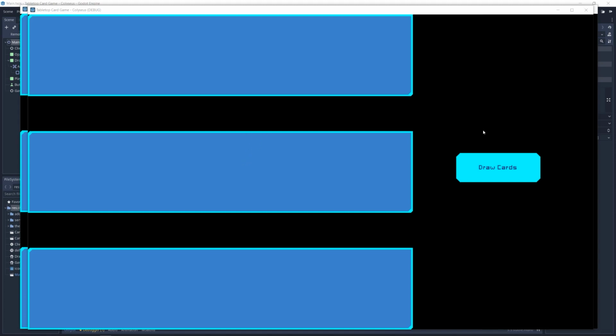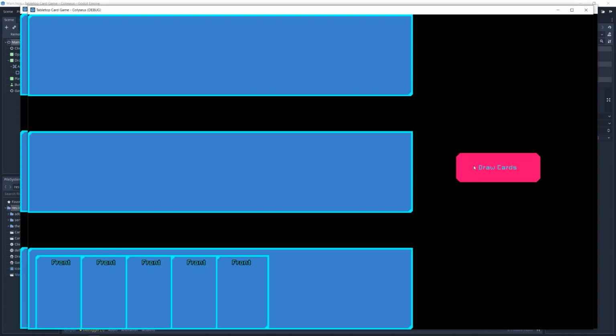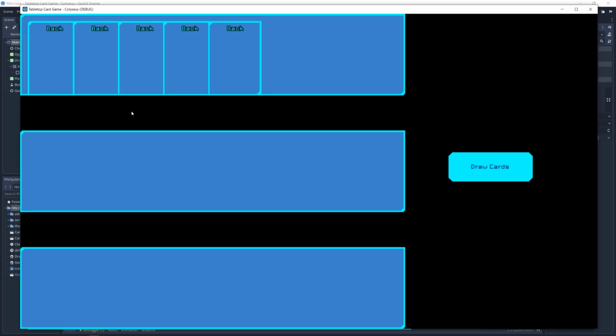And I'm going to walk you through how the project works with all these things and a little bit of the code as well. So when I hit draw cards, it's going to draw 5 cards here in my player area. These are just simple panels that I've created in Godot. You could just as easily use sprites as I've used in the previous projects that I mentioned, and all of these say front. Now if I go to the other open window, you'll see that it has loaded 5 of the cards in the opponent area for this second client, and these all say back, just to signify that these are the backs of the